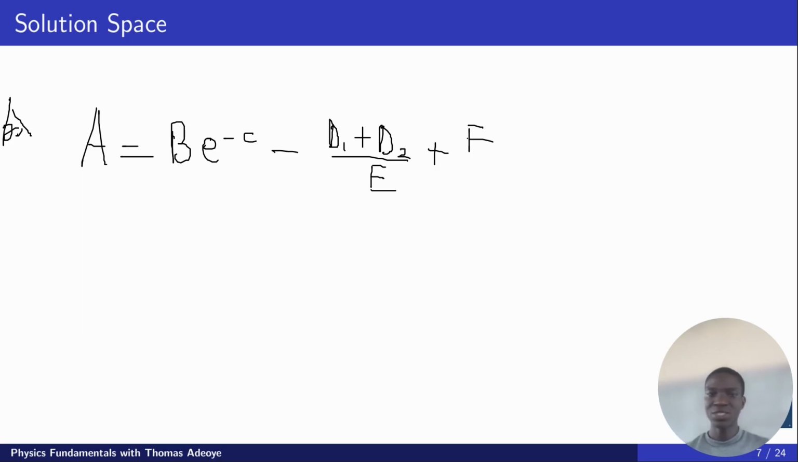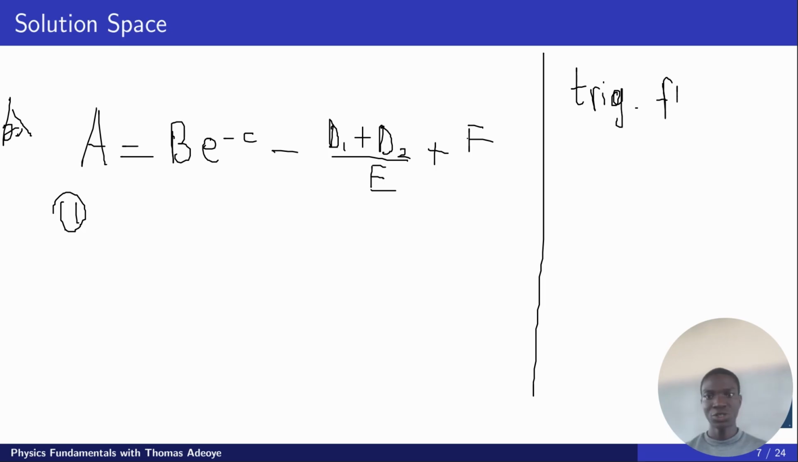So let me just write number 1. We are going to check if this statement is true or not. C must be dimensionless. Now look at C, look at where C is. Before we decide if this is true or false, let me tell you something. In dimensional analysis, trigonometric functions generally, so trig functions,